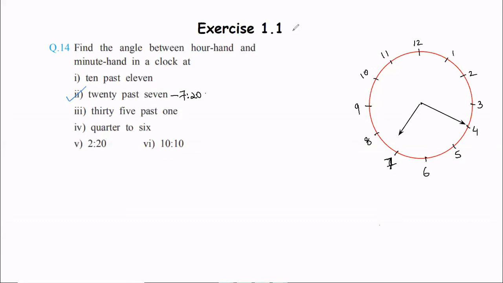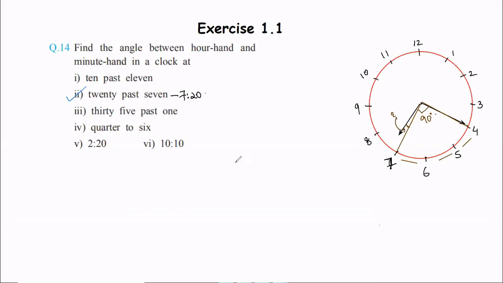Now, to calculate this angle, again we will use the same method. We first need to understand how many consecutive divisions it's covering. It is already covering 3 divisions. Between 2 consecutive divisions, the angle is 30. So it's covering 3 divisions, 7 to 6, 5 to 6, and 4 to 5. This particular part gives me already 90 degrees, and something extra has crossed. Our hand has crossed a bit more distance, so we need to add that something extra.